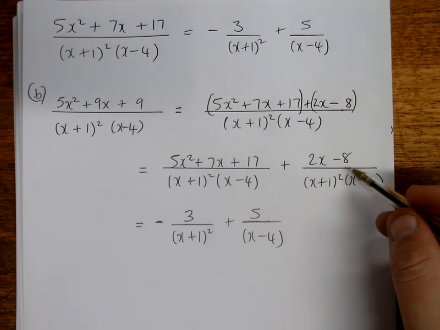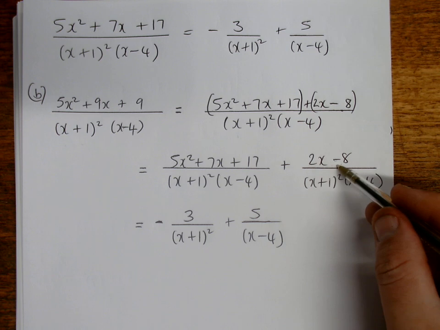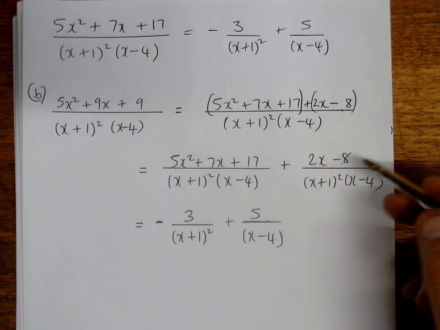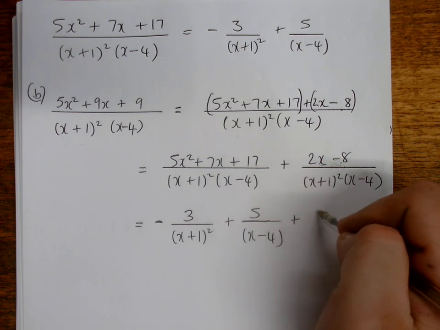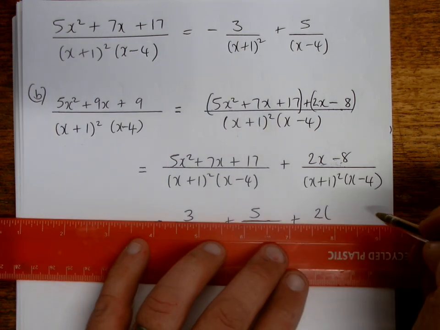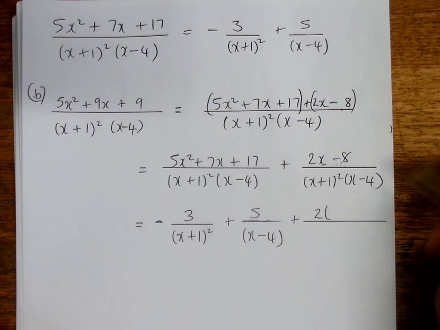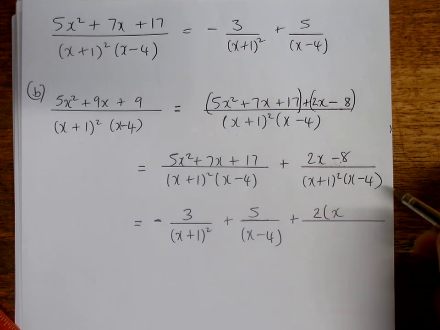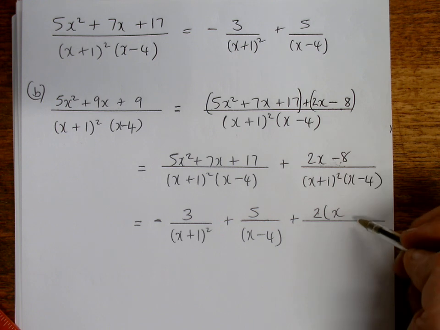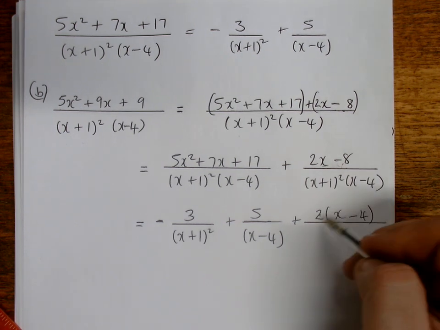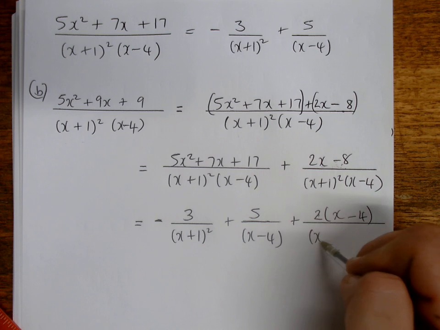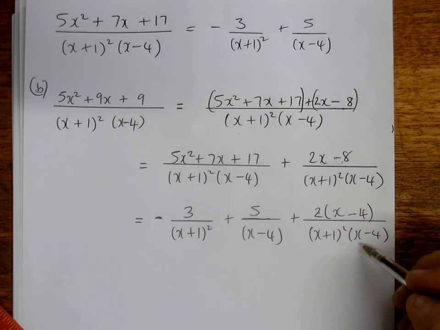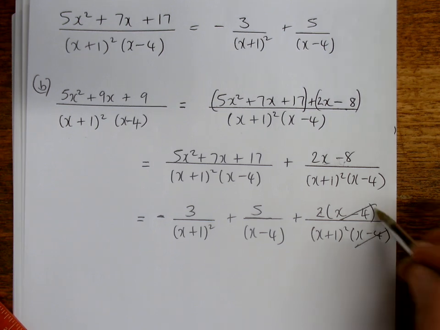Now, what I want you to see here is at the top, 2x minus 8. We can actually factorize that, can't we? It's a linear term with a common factor of 2. So if I take 2 out and have a single fraction on the top there, think about it. What do I times by 2 to get 2x? Well, that'll be x. What do I times by 2 to get negative 8? Well, that'll be negative 4. So that factorized gives me this. And in the denominator, you can see nicely that the x minus 4s will cancel,